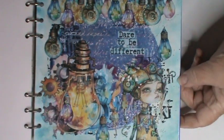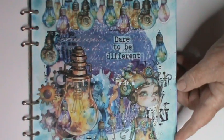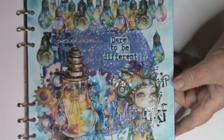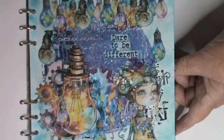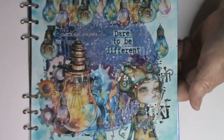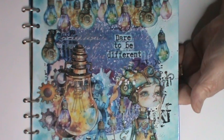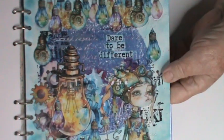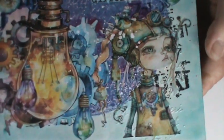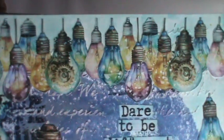It's Kay here, and I've got another couple of the mixed media makes as designed by Scrimpingmommy. I loved this one. On the digital printout it looked interesting, but it didn't inspire like some of the other digital kits Amanda has done, and that's only because it's a bit quirky and very different to what she usually does. But once you got your head around it, it really did make for quite a detailed, if I bring it up to the camera, quite a detailed make with lots and lots of different things that you